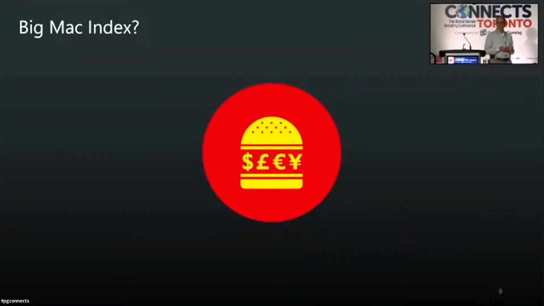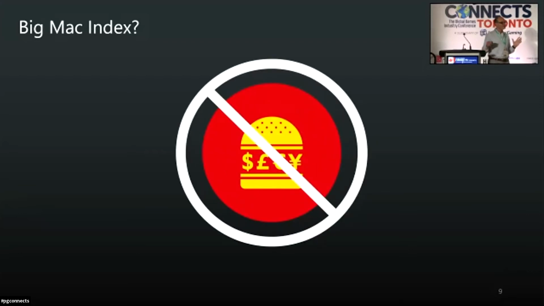I get this question: is it a Big Mac index you're using? Somehow people whisper that to me like we've dialed into some sort of secret. I don't even know where it began, where people started thinking that a Big Mac was some sort of universal product around the world that we would price against. The fast answer is we're not doing it. I'm from the US, and a Big Mac is quite inexpensive. Sometimes you see it advertised at 99 cents. I think it's just an excuse to sell soda, as far as I can tell.